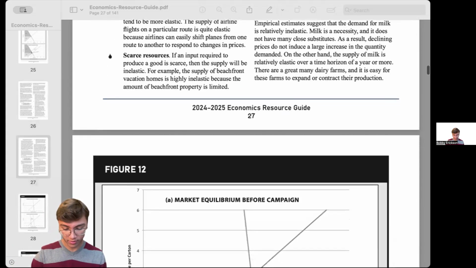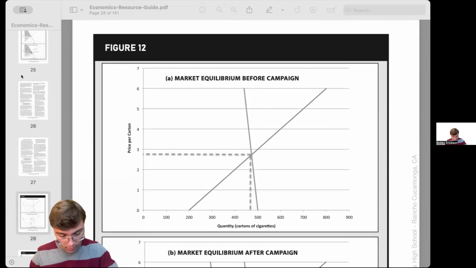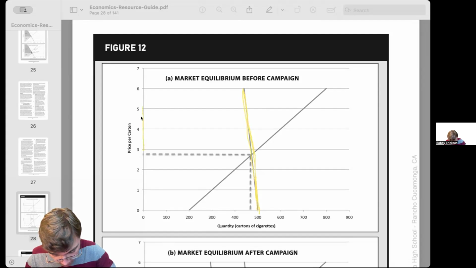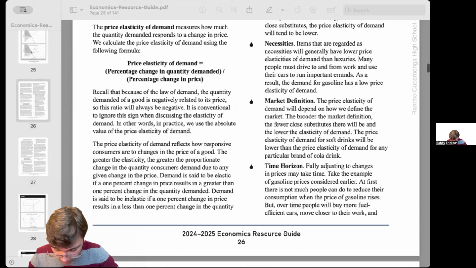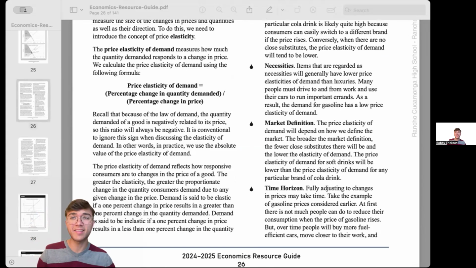So once again, if we were to go back to this chart here, this is a perfect example for, let's say, gasoline. If the price increases from 3 to 5, our quantity demanded only changes by this tiny amount right here. And so that's a low elasticity. Versus if it's a luxury, something that's not necessary but nice to have, then it's going to have a higher elasticity.